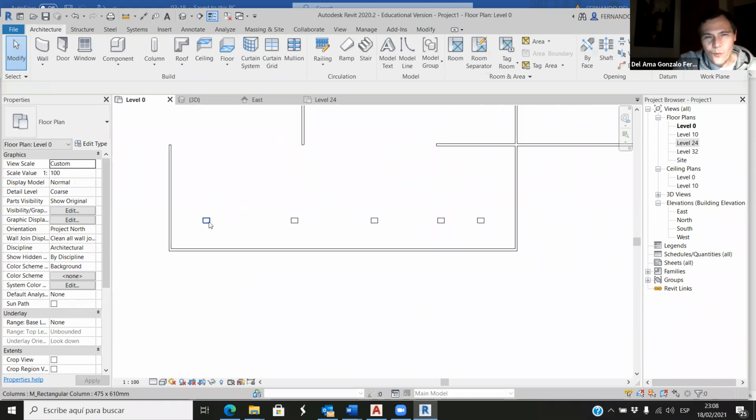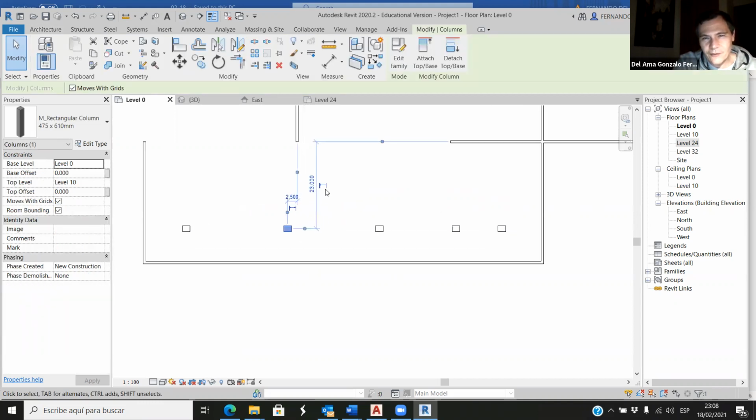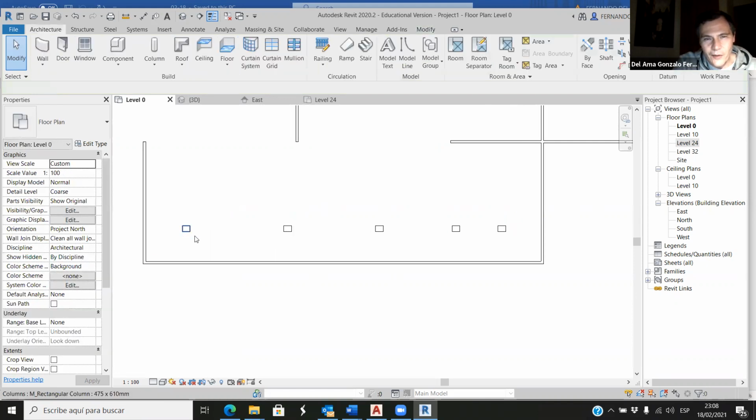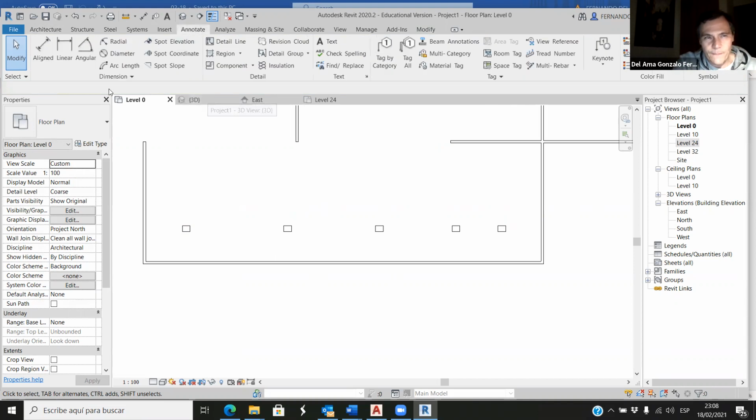What if I want all the columns to be at the same distance? Can I do this? Yes, I can. So if I select this column, can I change this dimension? How can I make these columns to be at the same distance? Well, I'm sure there are different ways to do that, but we can use annotate. Okay. So if we use aligned,